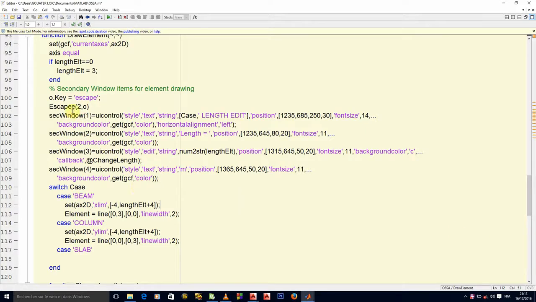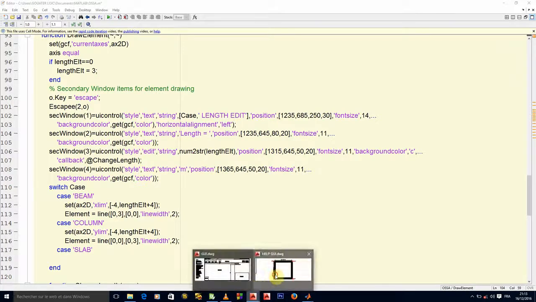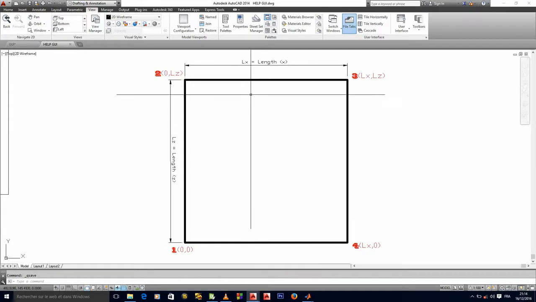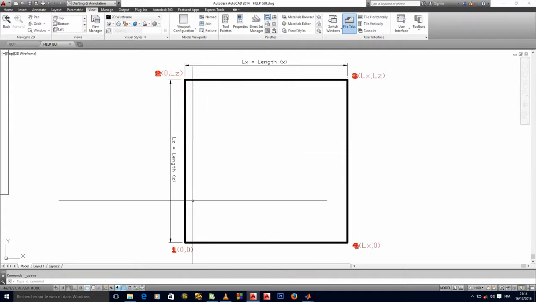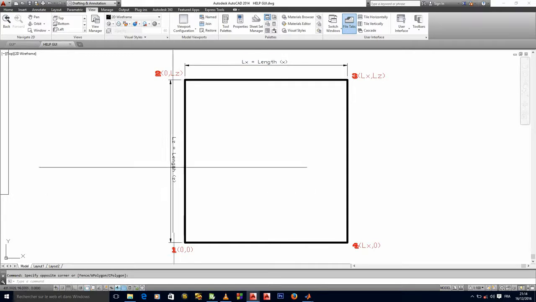Okay, so what do we have to change here? We have the case, which is no problem, so it will be slab length edit, okay? So horizontal diamond left, no problem there. So now the length here, we have two lengths for slabs, okay? So this is what our slab will look like, exactly like that, okay? So we have the length following X here, okay? We have the length following Y, which is this length here, right?